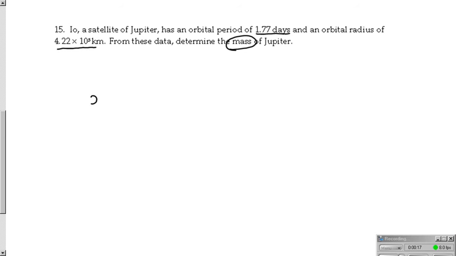Well, if we draw just a little diagram, here's Io, here's Jupiter. Jupiter is very, very large compared to the mass of Io. Io is in orbit around it, in some sort of elliptical orbit. So we can use Kepler's third law here, which says that the T squared over R cubed